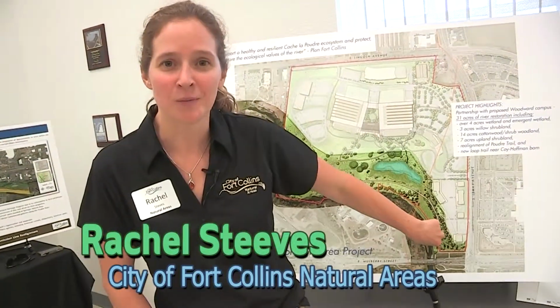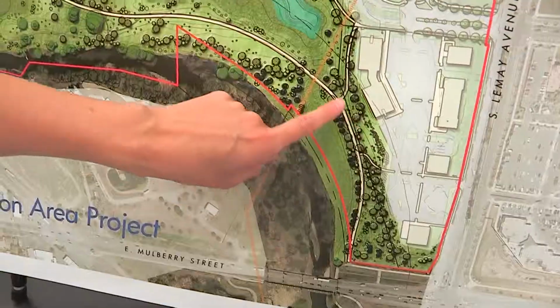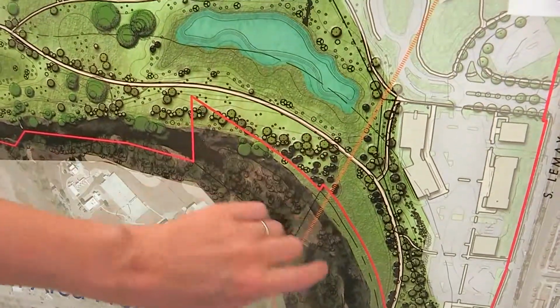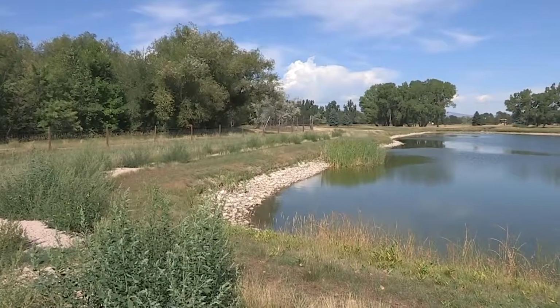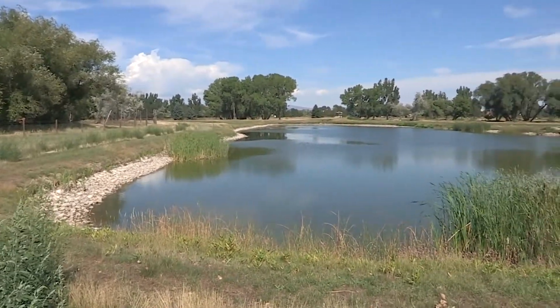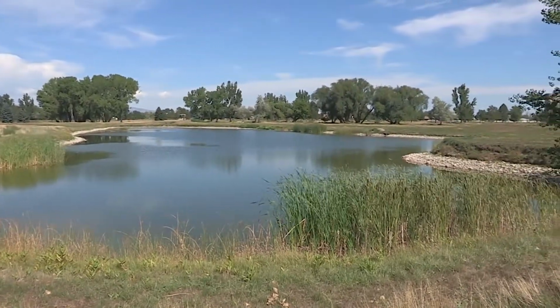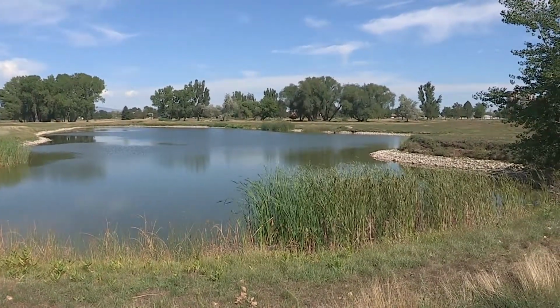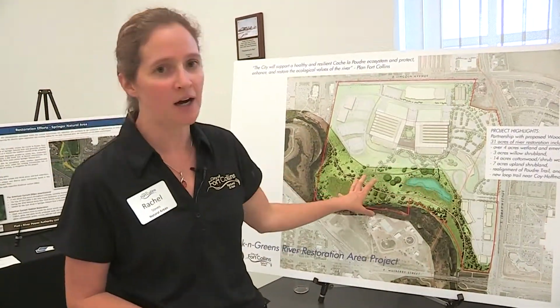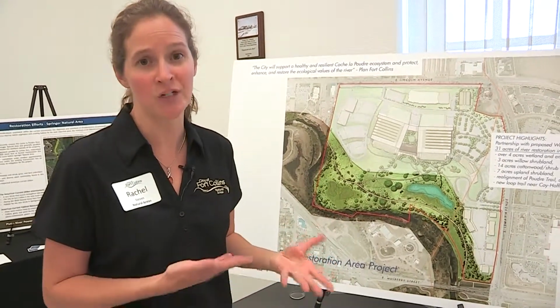Part of the Woodward project will be getting 31 acres of natural area all along the river corridor here. We're going to be lowering all this ground. We'll be utilizing an old oxbow scar and creating a backwater channel here where we'll have an open water pond, but the backwater, when the river's high, will re-wet the wetlands in there. And then hopefully, with a higher water event every 10 years or so, we would get enough water back in here and the ground would be low enough that we could get some cottonwood regeneration along the